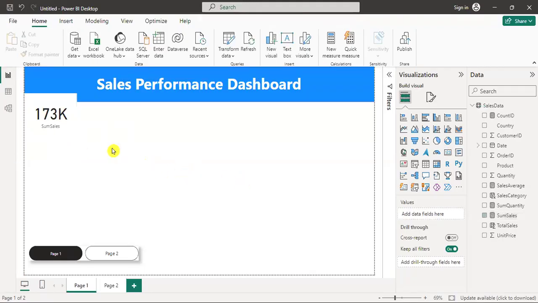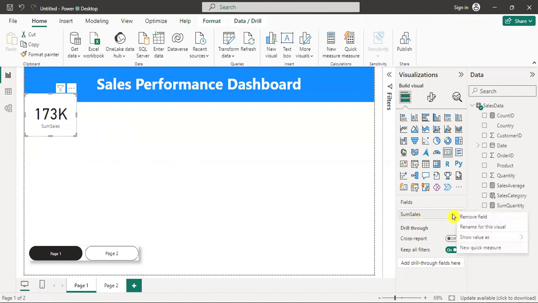So I have this card, but there is a lot you can do with this card. You have 173,000. So 1,000 is presented by K. If you want to adjust any of this, you definitely will and can adjust it. Okay. So